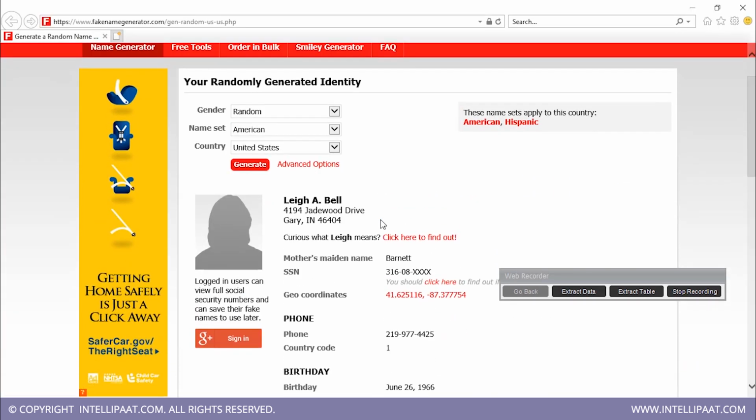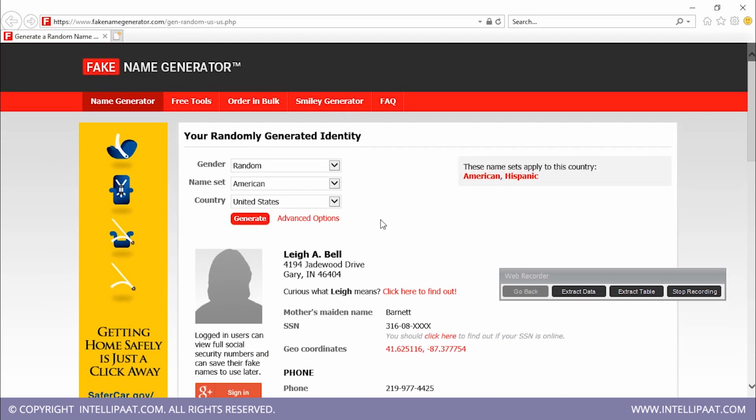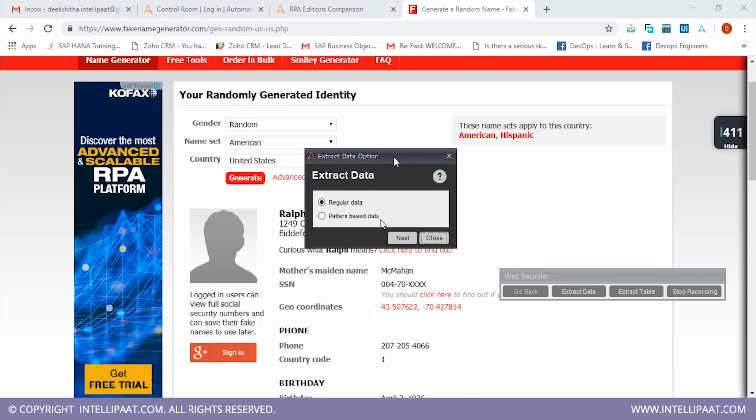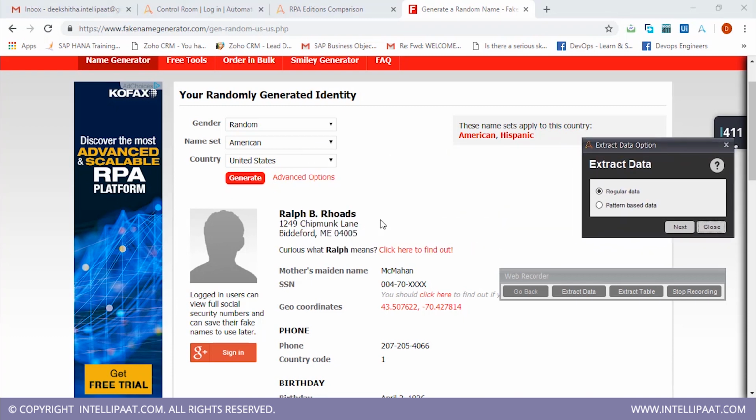So we have to extract data, right? So click on extract data. There are two types of data: regular data and pattern-based data. Pattern-based data is when the data has a particular pattern. For example, in Fake Name Generator itself, the name always comes here and the phone number always comes here.